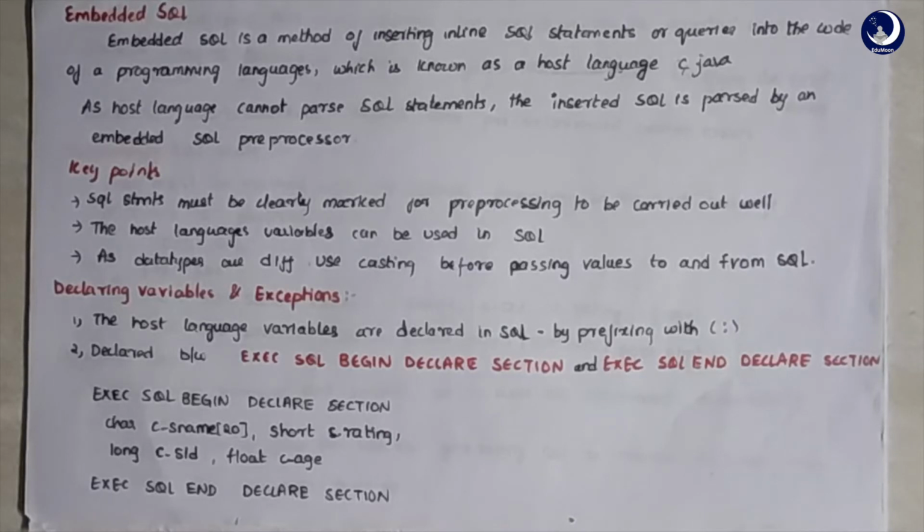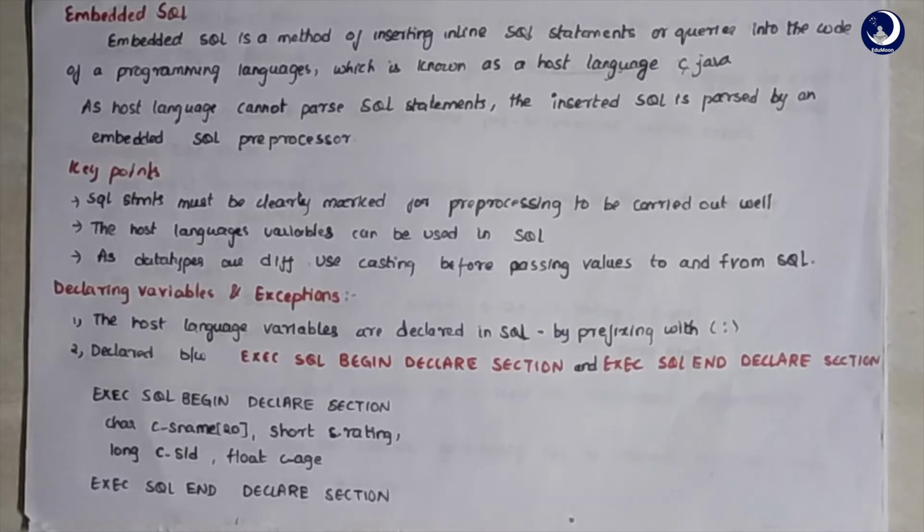Our third concern is that when you're using two different languages, it is common that the data types recognized by one language may not be recognized by the other. Here, the data types that are recognized by SQL may not be recognized by C or Java. So we should have a mechanism for attaining compatibility between the data types. For that, we use the casting process, which converts and maintains compatibility between the different data types available in different programming languages. So for passing the values to the SQL and getting the values back to the host language, we do require casting between the SQL and the host language, right?